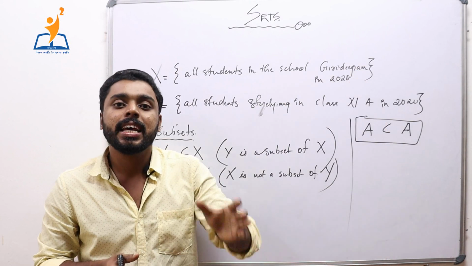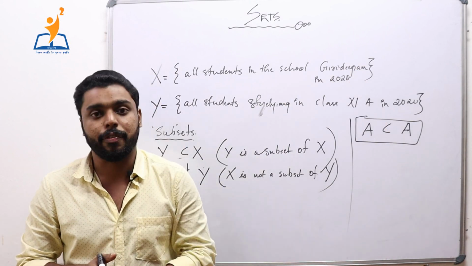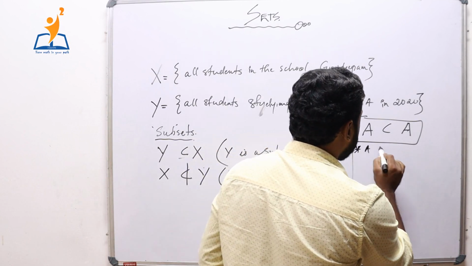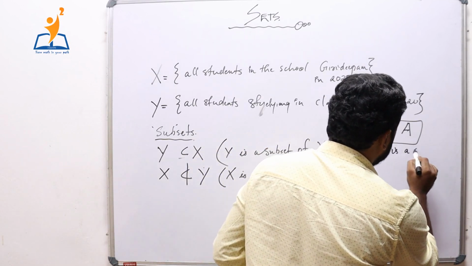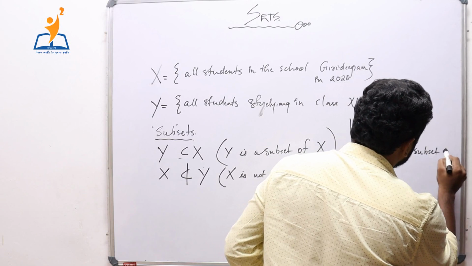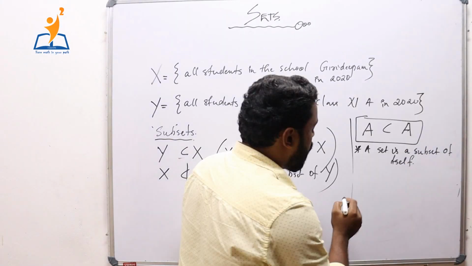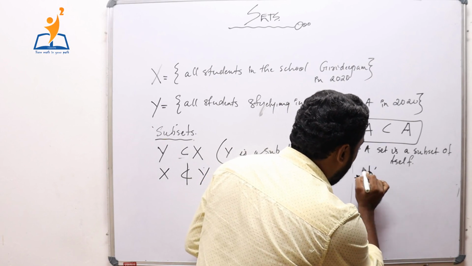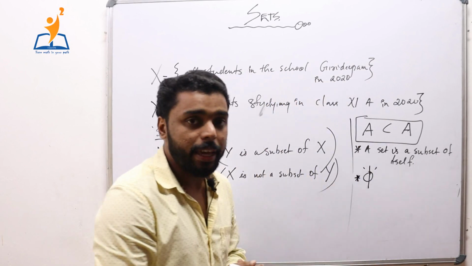So a set is a subset of itself. This is a very important point. Note that a set is a subset of itself. Now we know that the null set, we used to denote the null set by phi, which means